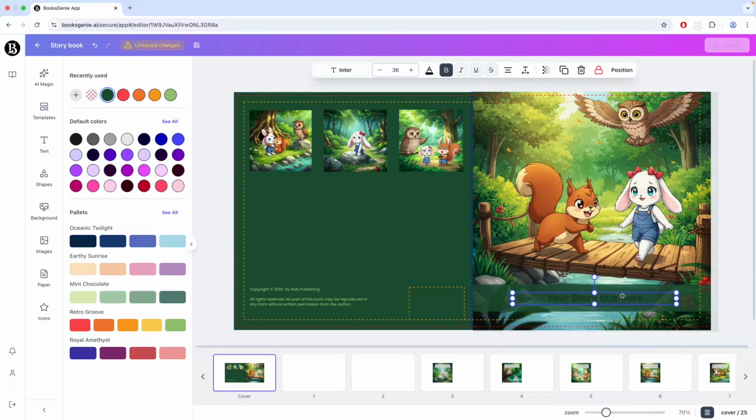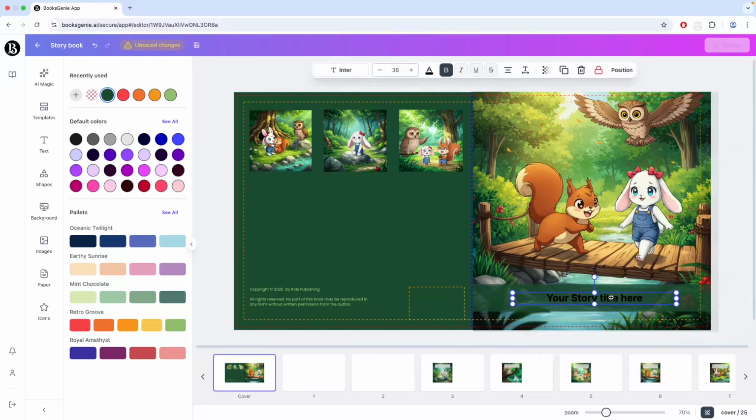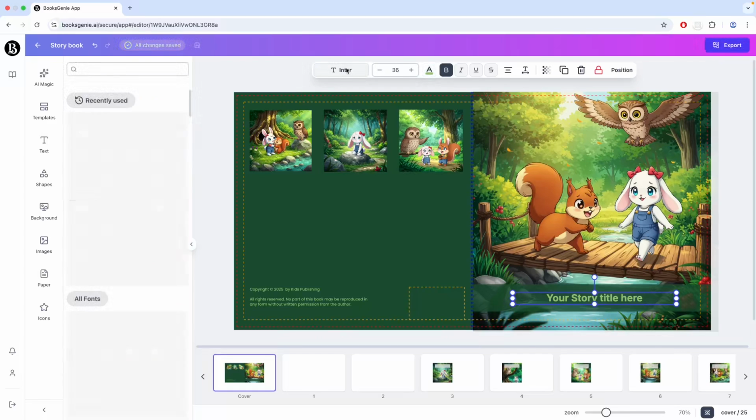Then maybe I can just bring this one down. I'm gonna do right click, and I'm going to just send backward so that the text is on top of my cover. And for the text, we can change the color. Maybe let's try with this green here. Yeah, it looks nice. Maybe you can also change the font